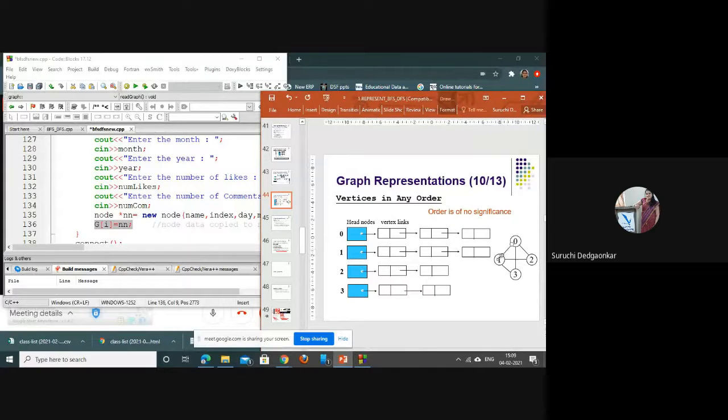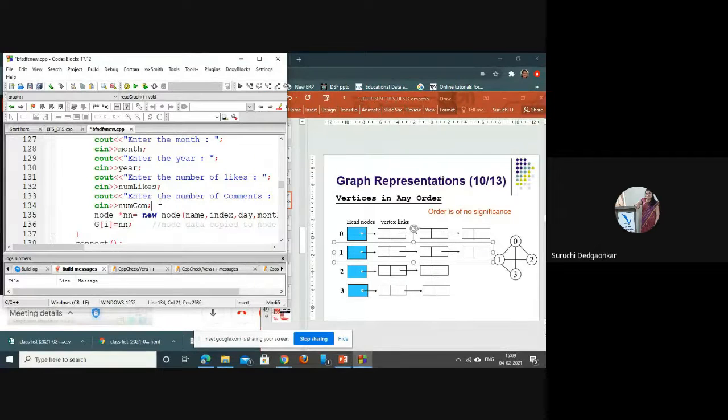This particular edge 0 1 is to be added in the list of 0. A copy of 1 will be created and added at the end. Similarly, in the list of 1, a copy of 0 will be created, because we already have the data of 0, so its copy will be created and added in the list of 1.